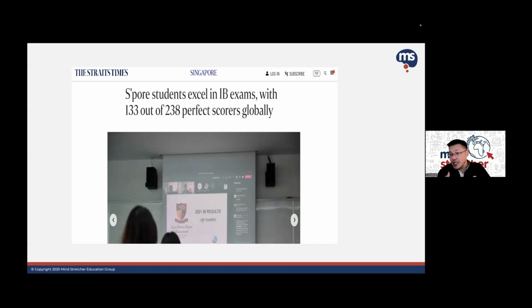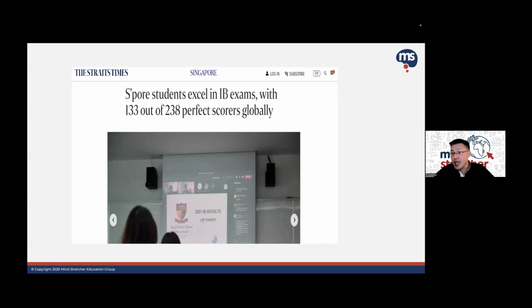So in short, the takeaway is that IB, both in terms of its perception and its coverage, is no less rigorous compared to the A levels, and is no less well regarded in terms of its reputation and legitimacy. So if you are thinking about the implication of taking IB versus A levels, you do not need to worry from a track record or legitimacy angle.